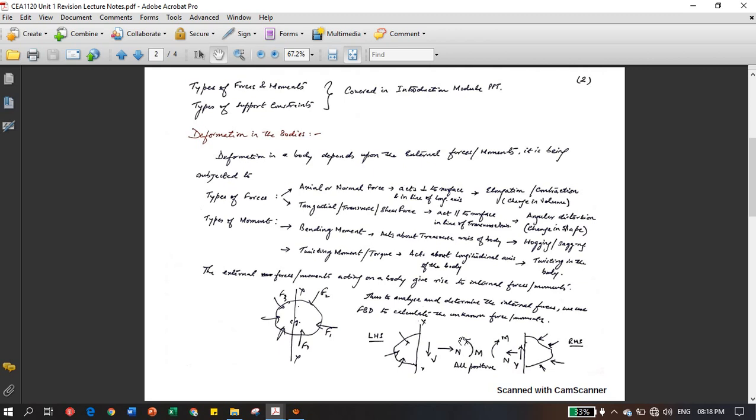So this is a reaction moment for the sagging moment that is acting at this particular cross section. Basically it will be acting at a certain point. Okay,